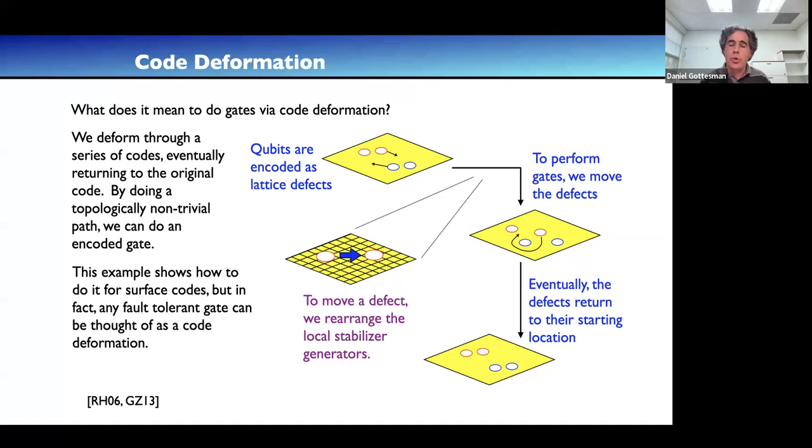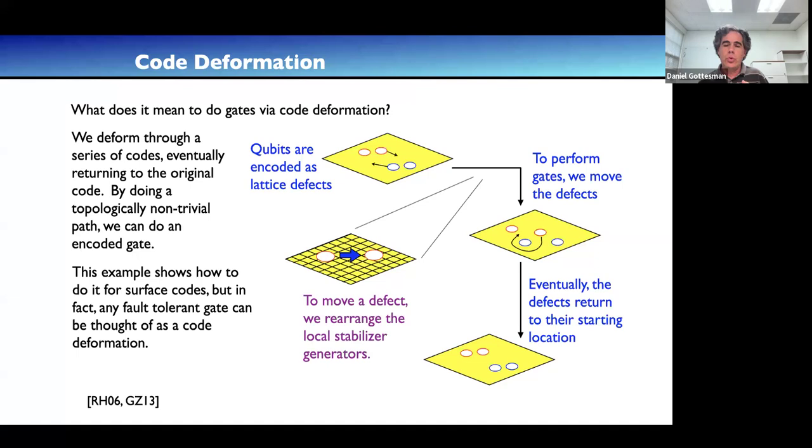Now, how do you move them? Well, you move them by rearranging the local checks you're doing, the local stabilizer generators of this code, in order to create new defects that are adjacent to the old defects, and to fill in with error-correcting codes in the place where you had a defect before. When you move one of these defects, formally speaking, it's actually a different code than you had before.